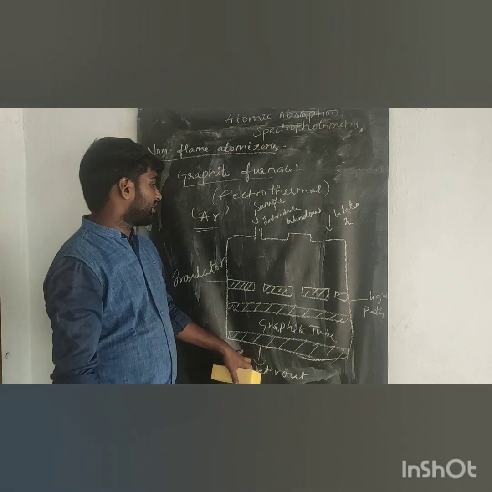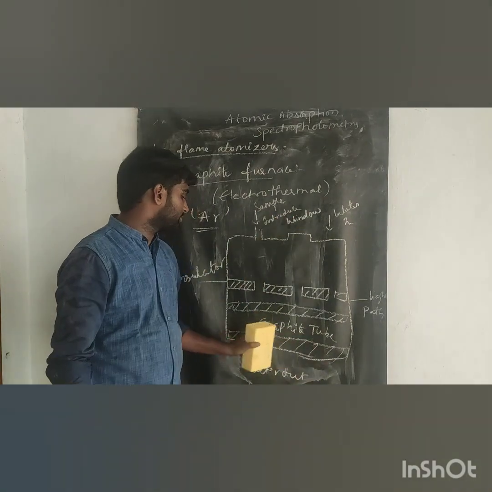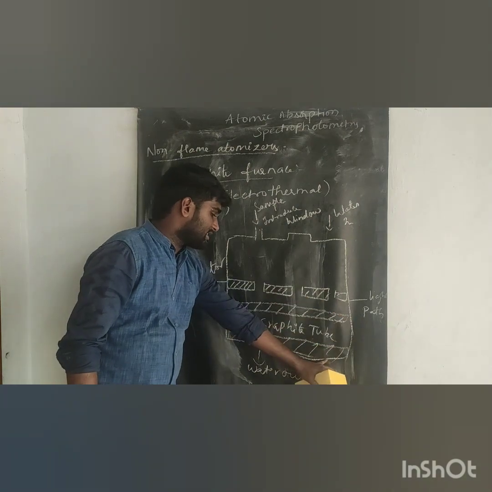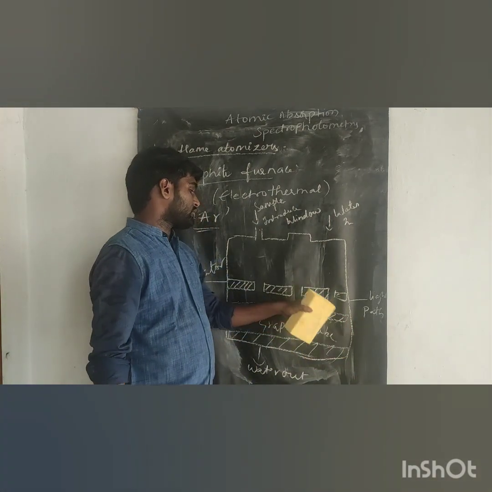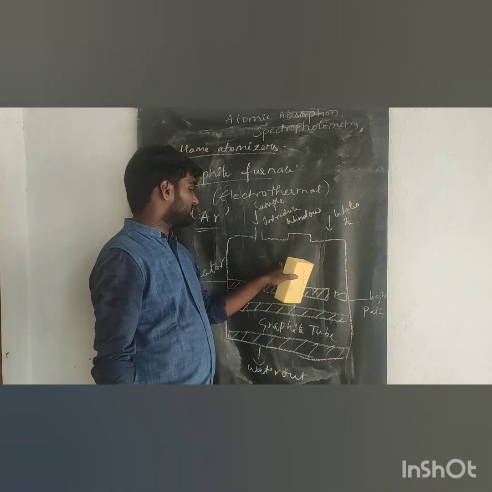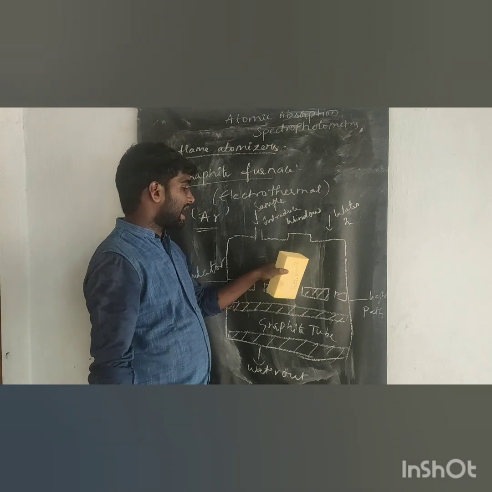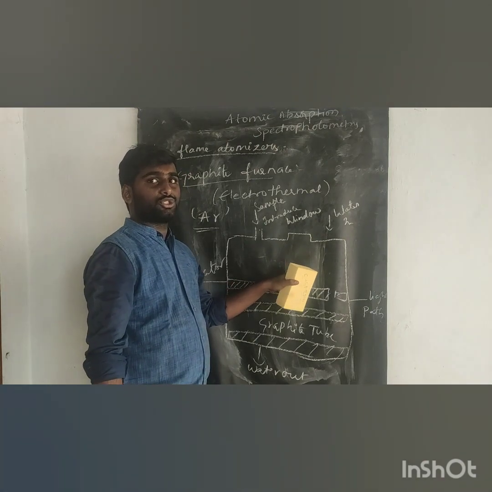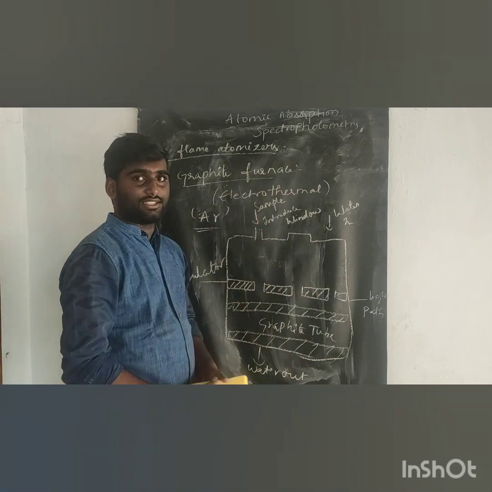So this is the diagram of the graphite furnace. Here the sample is introduced, and this is the graphite tube. It is surrounded by the metal jacket, circulated with water and separated by gas phase. The sample is introduced into the graphite furnace at high temperature, so the sample will be ashed and go to the atomizer. So this is about the graphite furnace electrothermal technique.